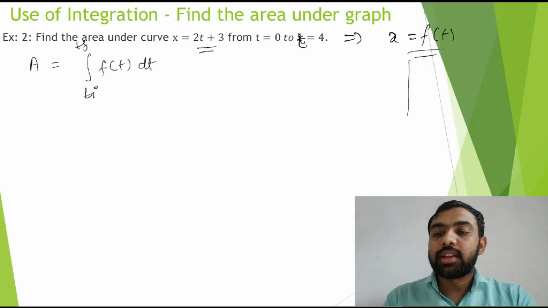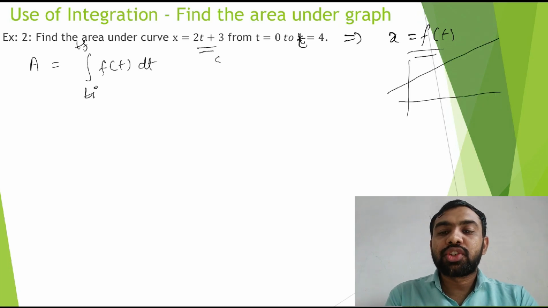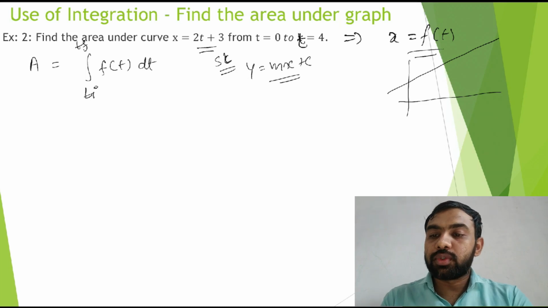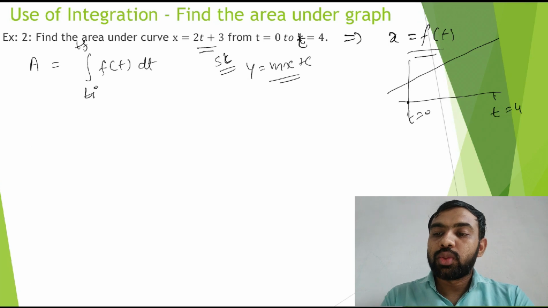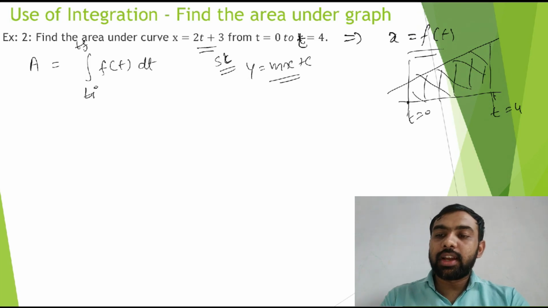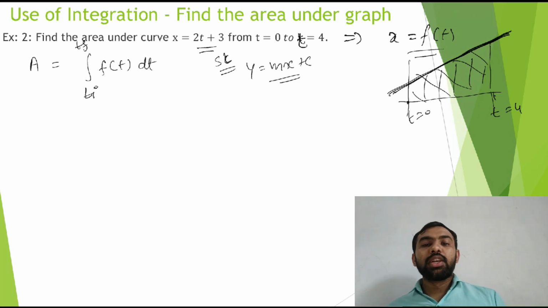So आपको ये एरिया फाइंड करना है, कुछ ऐसा ग्राफ है, स्ट्रेट लाइन है, see this is the straight line, y इज इक्वल टू mx प्लस c जैसा है, तो स्ट्रेट लाइन है, तो मतलब 2 0 यहाँ पे होगा, t is equal to 0, suppose t is equal to 4 है, तो आपको ये एरिया फाइंड करना है, शेडेड एरिया, ठीक है। सो ये ग्राफ है, this one represents a graph. So how to find this area? So use the integration directly, you get the final answer easily.